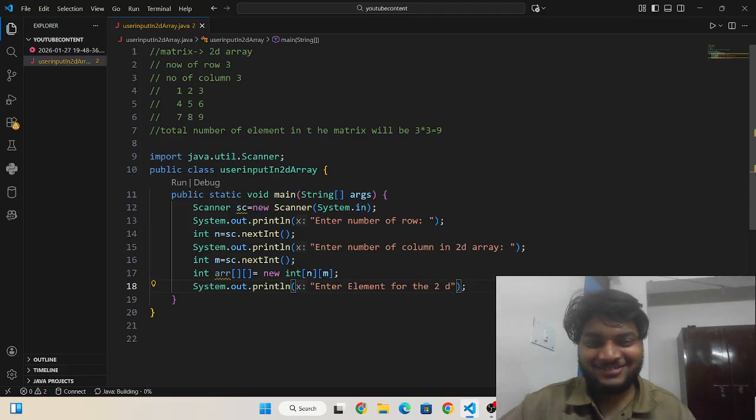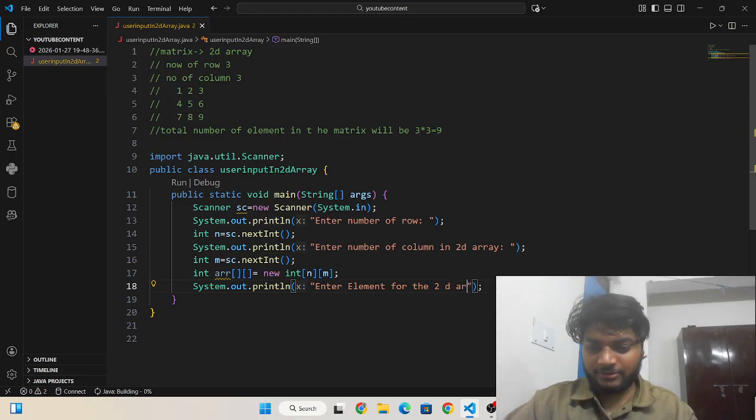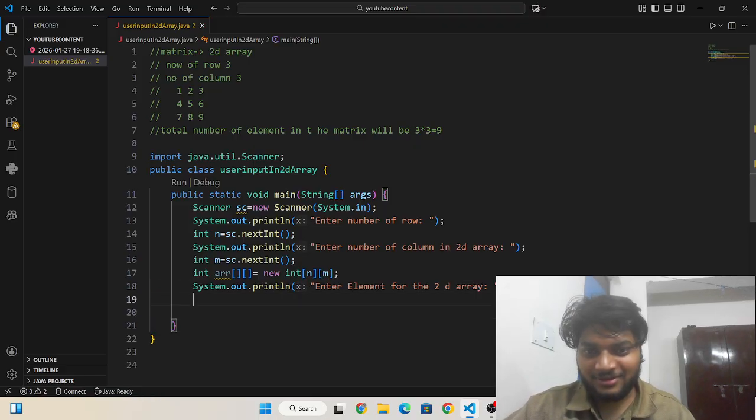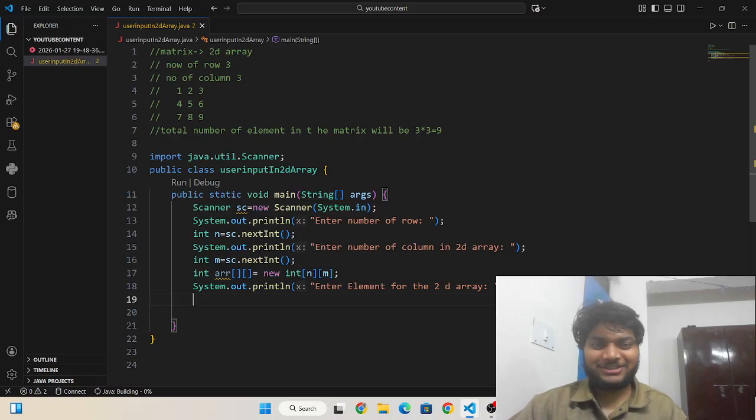Okay, enter elements for the two-dimensional array.